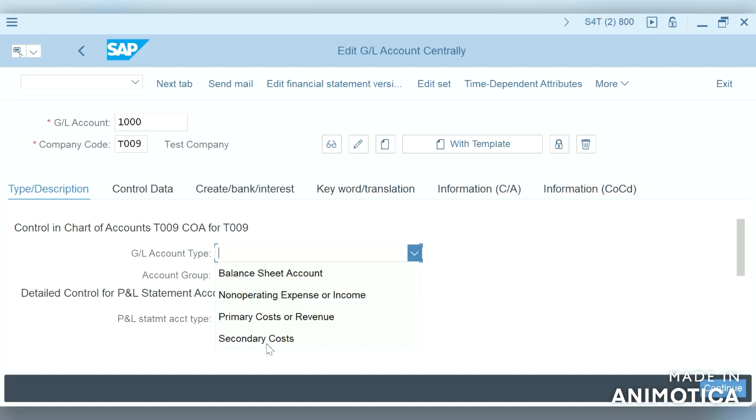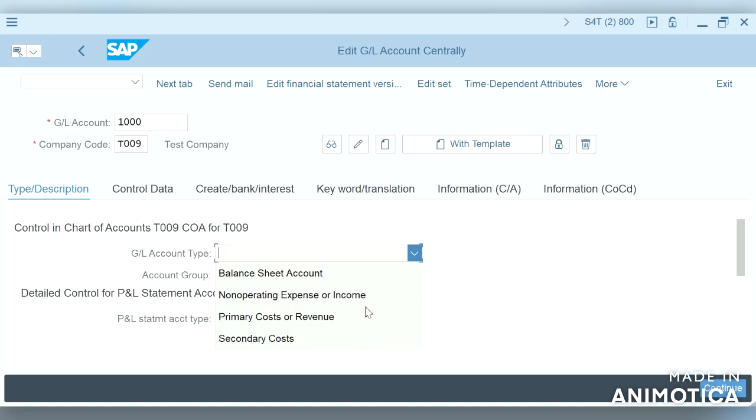Balance sheet accounts, by the name itself we can identify it's a balance sheet account. Non-operating expenses or income, this is a profit and loss account used only in FI. And primary costs or revenue, again it's a profit and loss account which can be used both in FI and CO. Secondary cost, this is a profit and loss account used for allocations in CO.